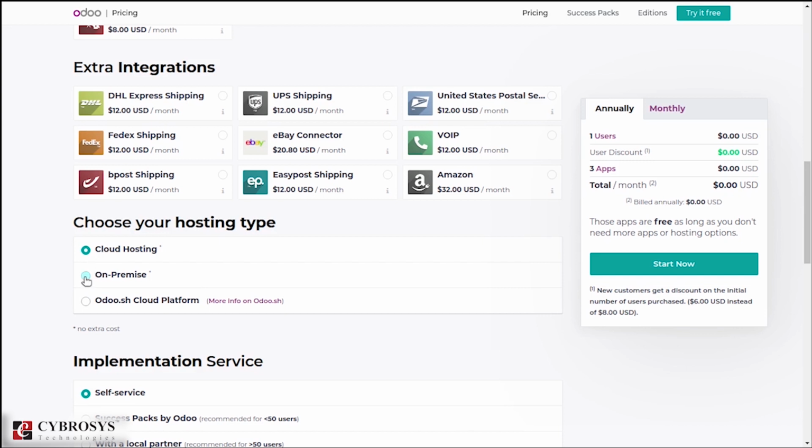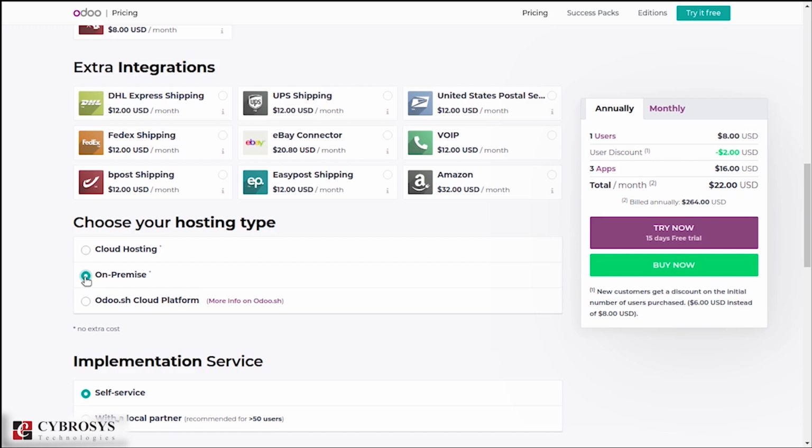Then there is the on-premise option. With Odoo on-premise you have absolute flexibility as well as autonomy for your system, and can use any application certified from third-party vendors. That is, you can do it in a third-party cloud server as well as a third-party local server, or you can even create a new one.